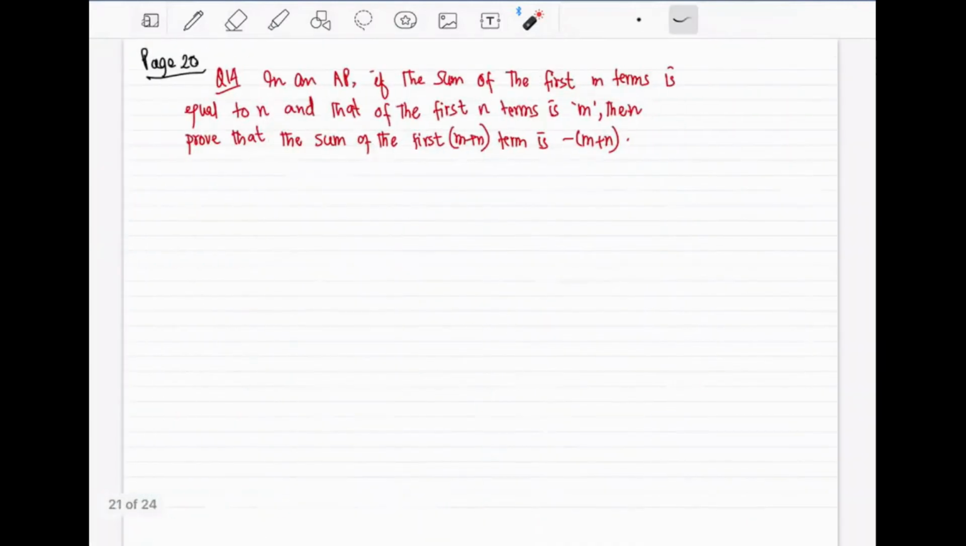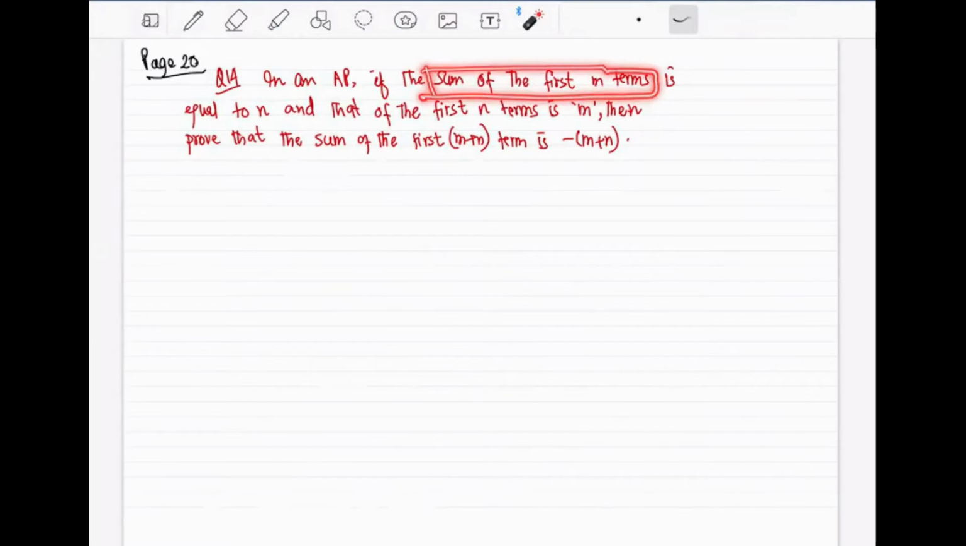Okay, coming to the next question. Next question is very important. This question can be given as a 5 mark or a 4 mark question. It has already been asked several times in the board examination in the past. So what the question is saying is, in an AP, we have an arithmetic progression, so we have first term and common difference. If the sum of the first